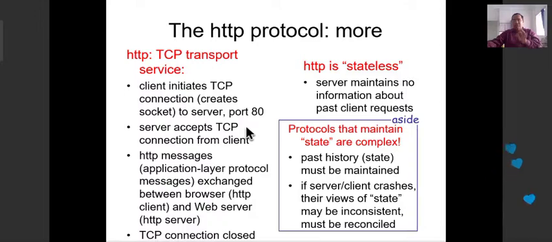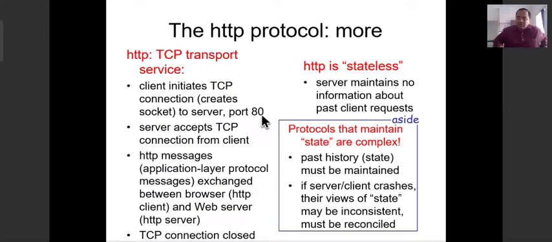But as of now, you understand that this creates a socket. A socket is nothing but the IP address and port number taken together, which is your socket address. I repeat, IP address and port number taken together is your socket address.